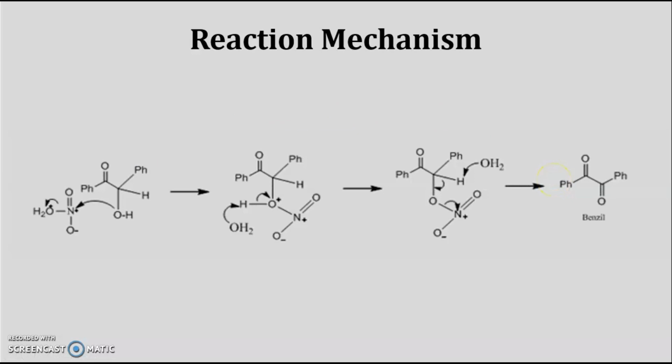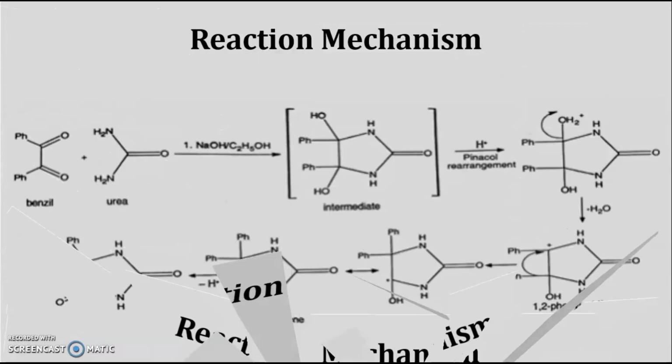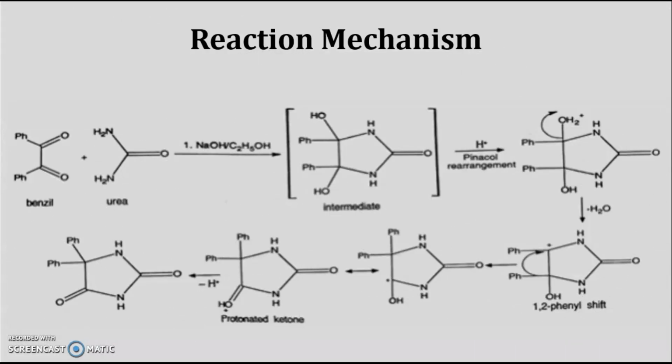Secondary alcohols on oxidation will be converted into the ketone. So this is the reaction mechanism that is involved in step 1, that is the synthesis of benzil from benzoin. Now we will see what is the reaction mechanism involved in the synthesis of phenytoin from the benzil, where